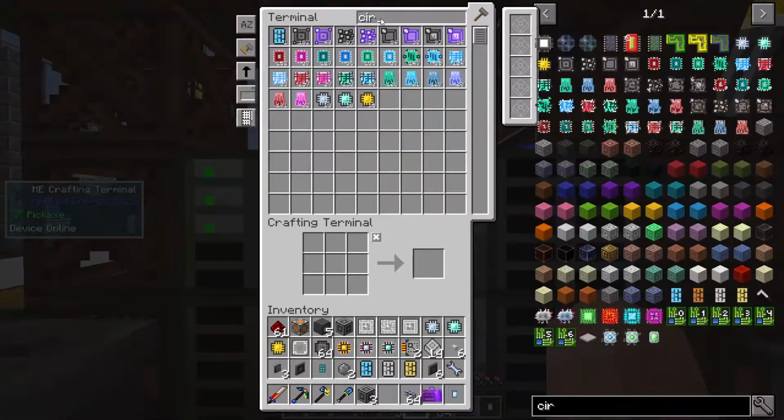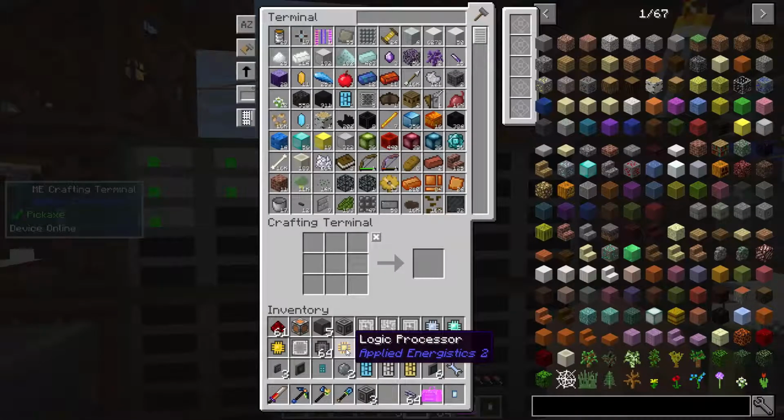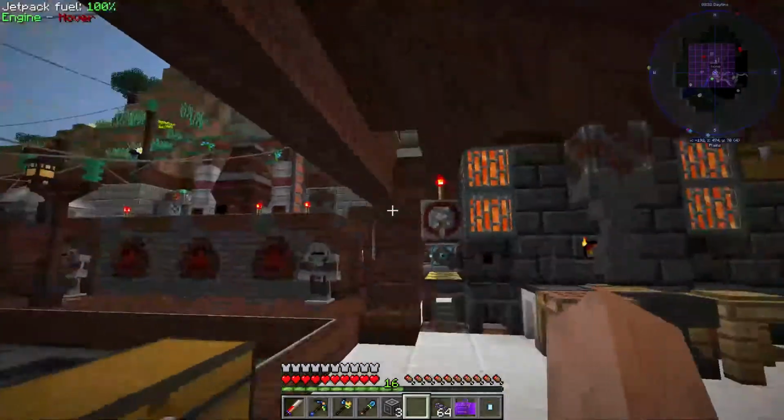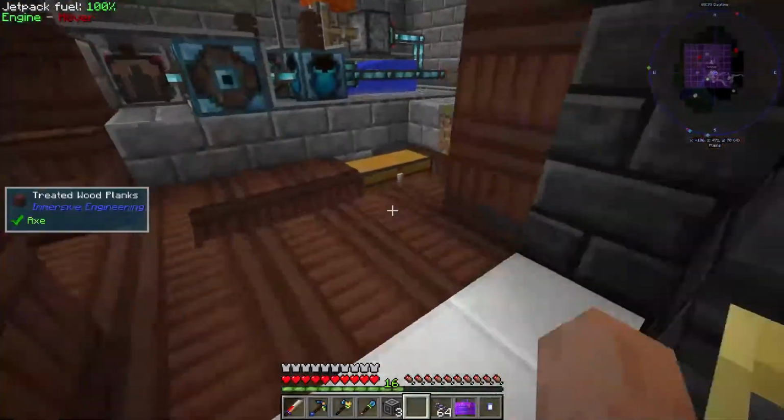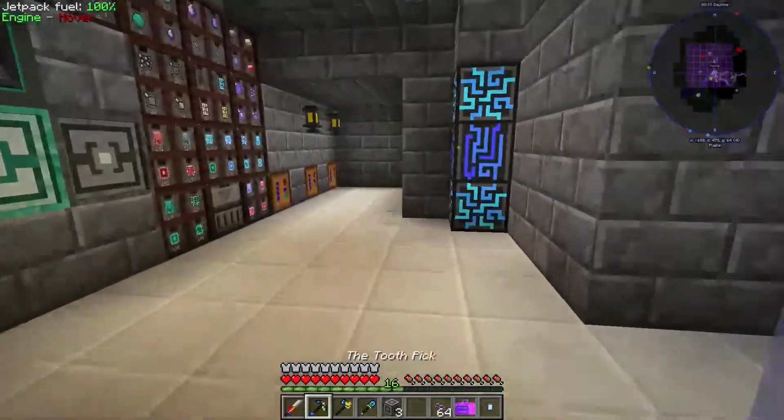So if I was to go circuits, you can see all the circuits that we have are there, and you can see I've been crafting up an absolute ton of those. It's taken me quite some time, but they are only the base rate, they aren't the actual full processor, they're just the printed circuits. Alright, so let's head down here, and the first thing we're going to do then,